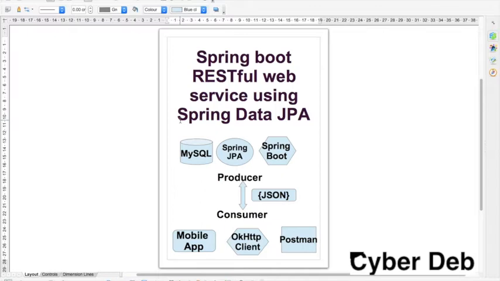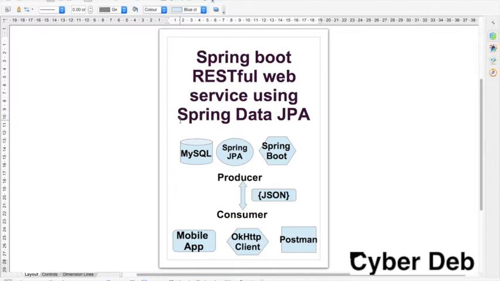We are now going to introduce a database in this project. We are going to use MySQL and Spring Data JPA in our Spring Boot web application.